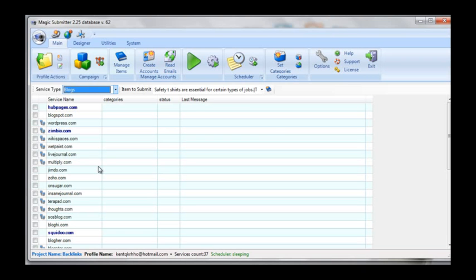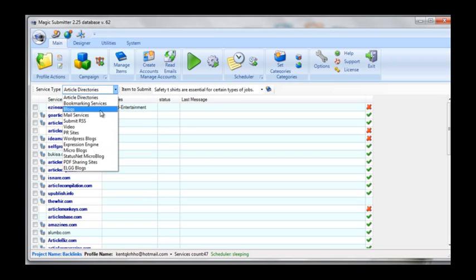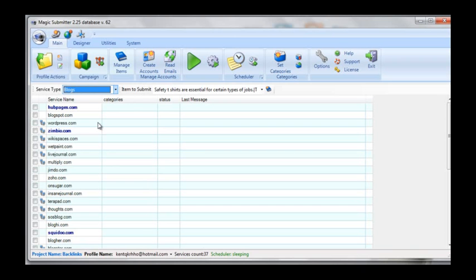Now I'm going to assume that you've already created all your accounts on these pages, and what that would look like would be like this. So that means when you've created all your accounts, you'll have green check marks here on the side. So if I click on blogs, now what you want to do is create a spun article or spun blog post. And if you don't know what spun technology is, please refer to the earlier training we did on spin technology. When you want to submit your blog, simply click on Manage Items,